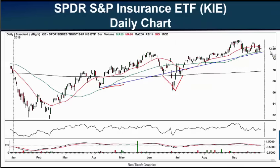So I'm going to look at the KIE as a potential candidate for maybe a new investment here, but I'm going to watch it for a few more days. It's trading right atop its 50-day moving average, which comes in right now at about 73. The KIE is trading at $73.80. As long as it stays above the 50-day moving average and this blue trend line that I've drawn, I'll be interested to see if the KIE can move higher here and start up,